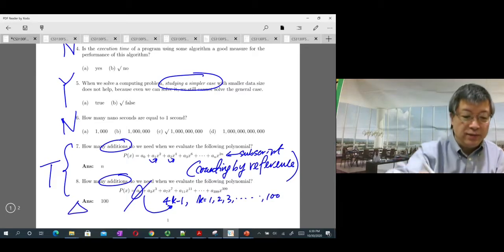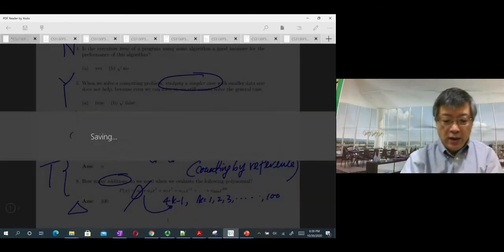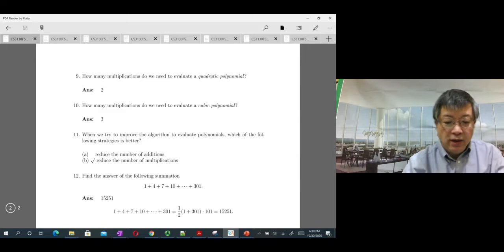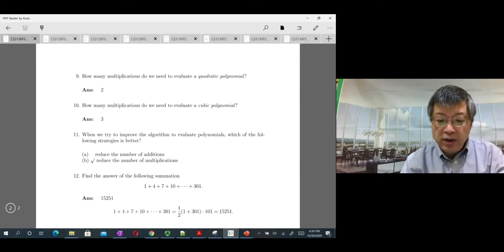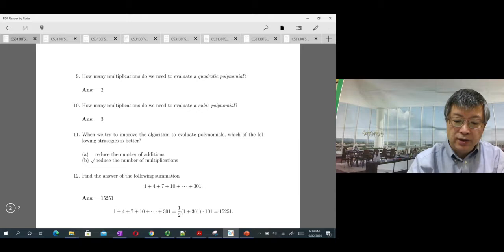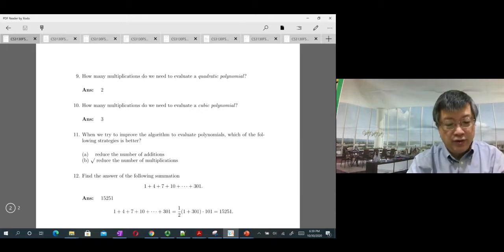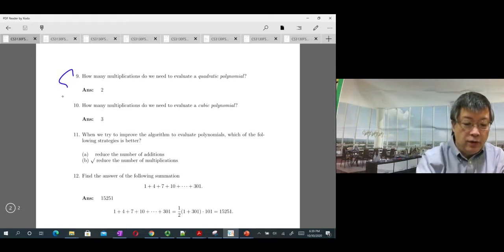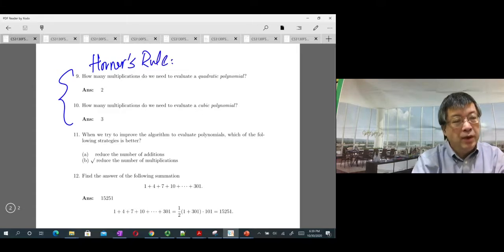All right. So that's for sure. How many multiplications? So that's the Horner's rule. Straightforward Horner's rule. So overall, Horner's rule topic. I want to set it as